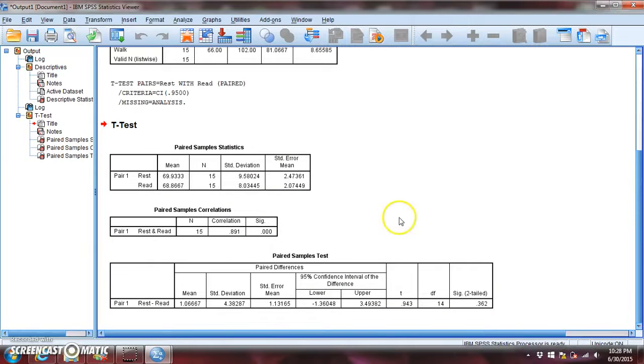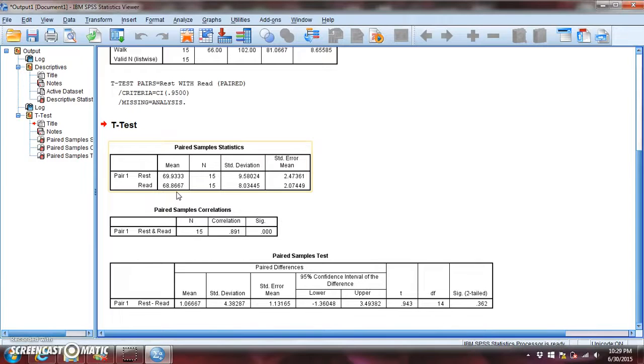The first two are really just descriptive information. It's that third one that shows us the test of the difference between resting and reading heart rates. What we can see, if we go look at the p-value, is that it is not significant. That is certainly not less than 0.05, so that is telling us that we do not have a significant test here. Now, they also show us the means again of the resting and reading variables. We had already seen that they were very close, so we're really not surprised here that we do not have a significant test. But that is how you run a dependent samples t-test, also known as a paired samples t-test